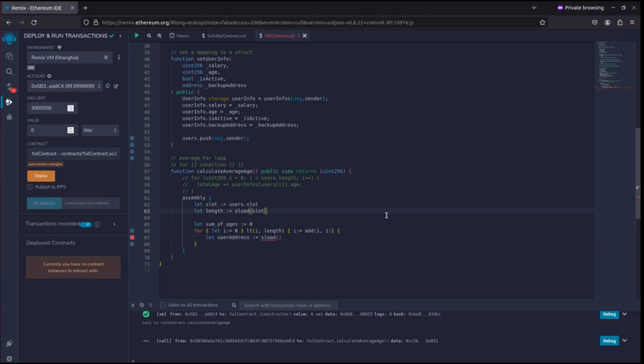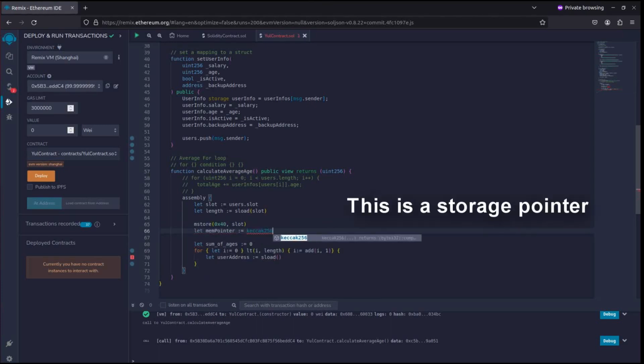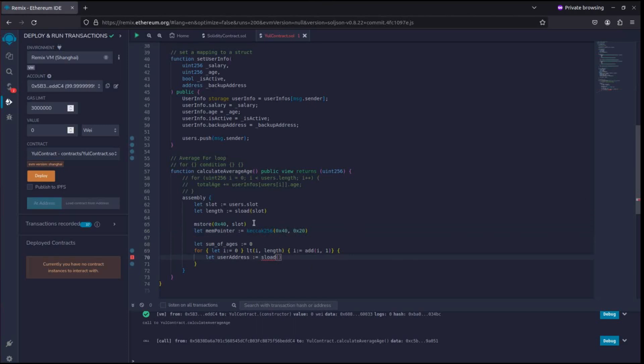And in order to get it, well, we need to run a keccak256 on our slot. So let's first of all put our slot in the 0x40 memory slot. And now let's store our memory pointer like so. Let's run keccak256 on the 0x40 and 0x20. And this is the memory pointer of essentially the users, right? The users